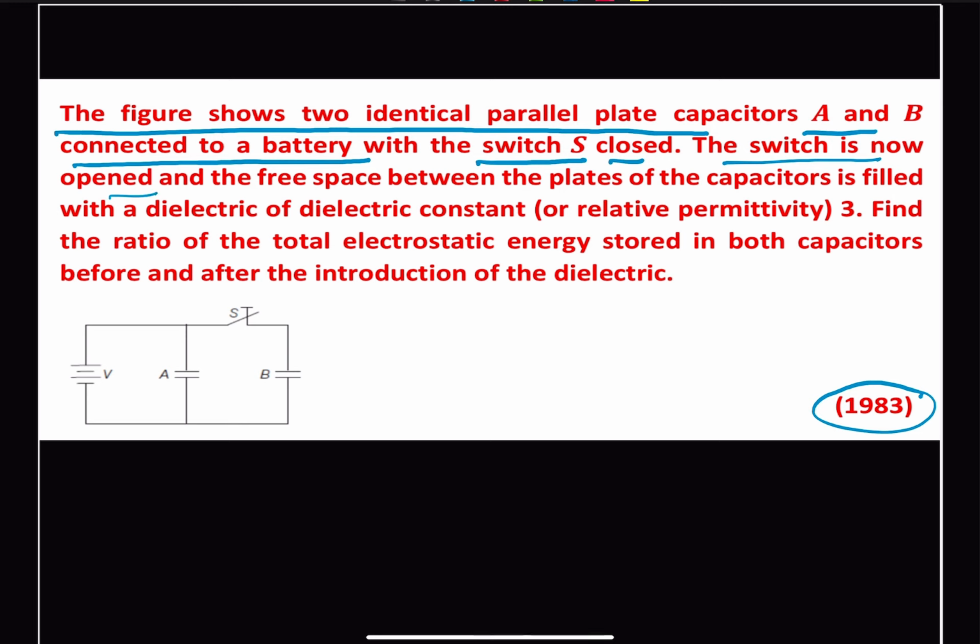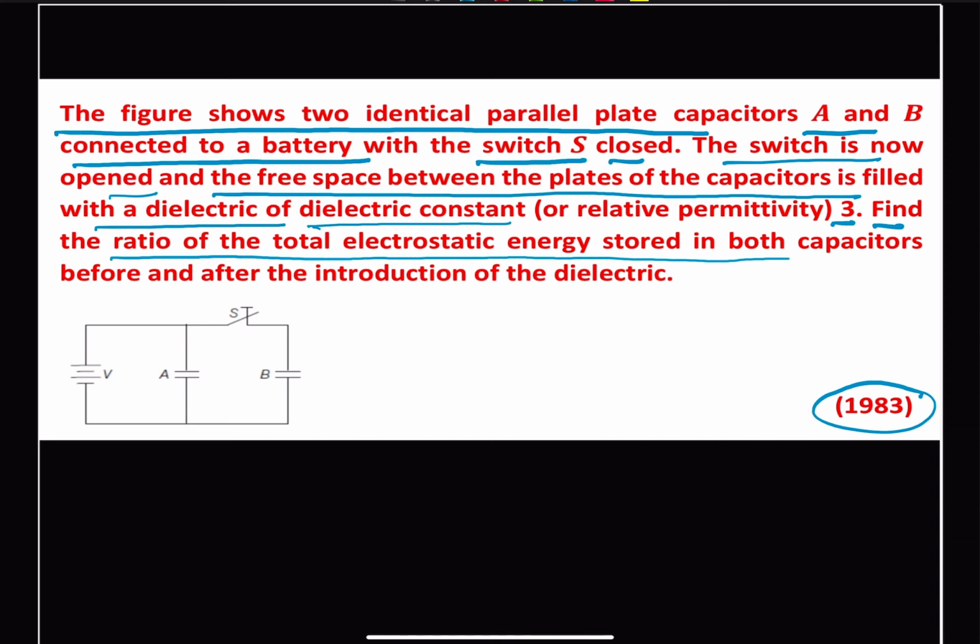The free space between the plates of the capacitor is filled with a dielectric of dielectric constant 3. Find the ratio of the total electrostatic energy stored in both the capacitors before and after the introduction of the dielectric. So we have to find out the initial and final energies and the ratio before and after the